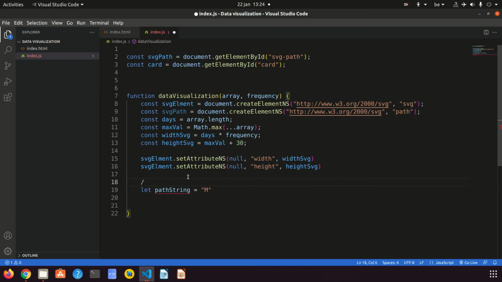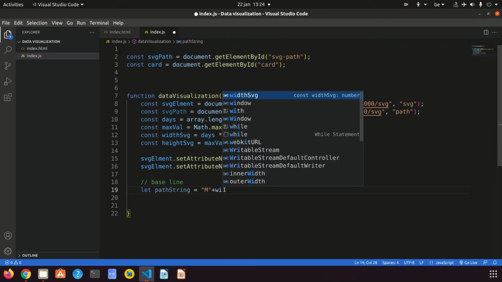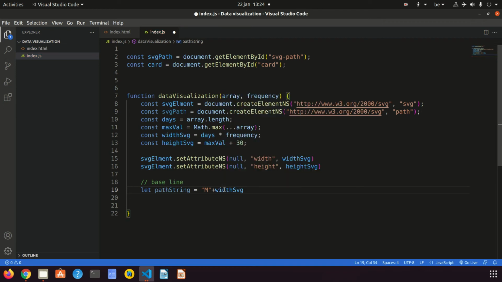This is baseline, okay, and then plus we are going to concatenate some values here, which is the width of this SVG, this is the x value,